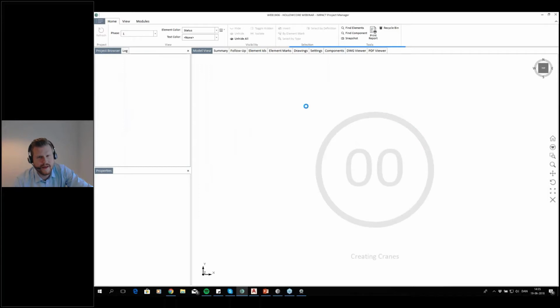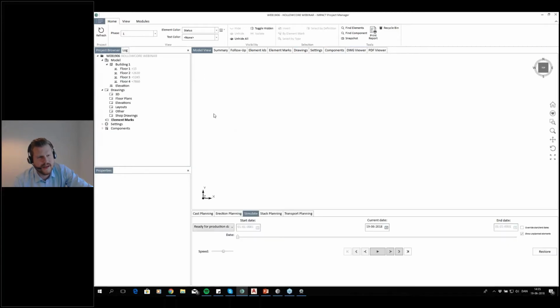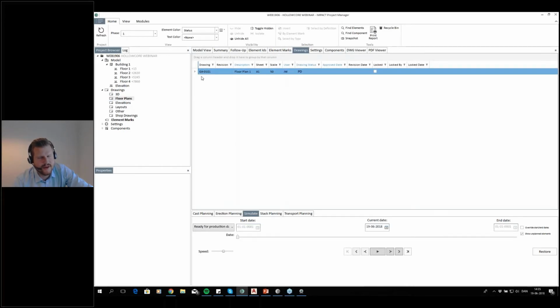So first things first is I want to start creating floor 1. So I'll go into floor plans. And what I did there is, you can see I already have a general arrangement drawing 0101. Later on, I'll create one for one of the other floors. But if we just open this one,